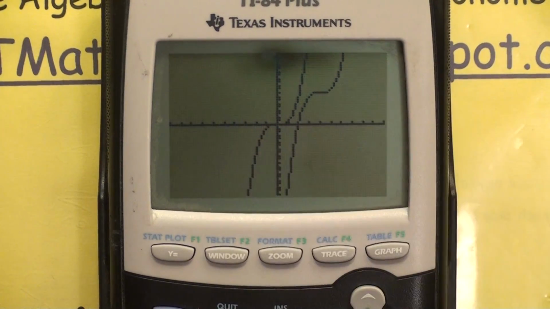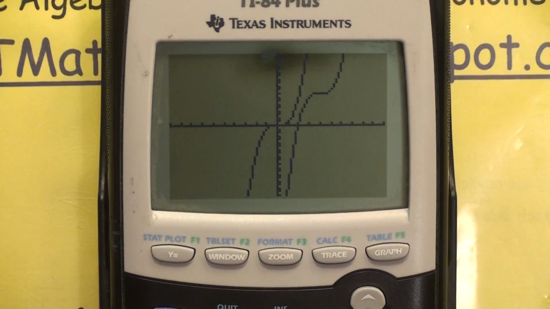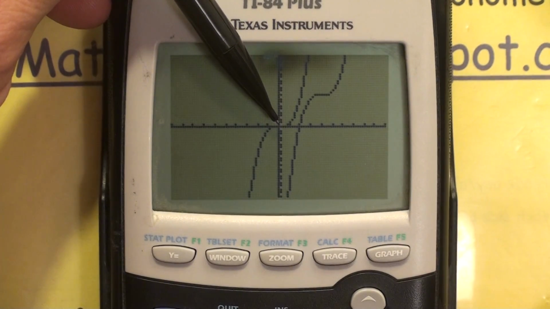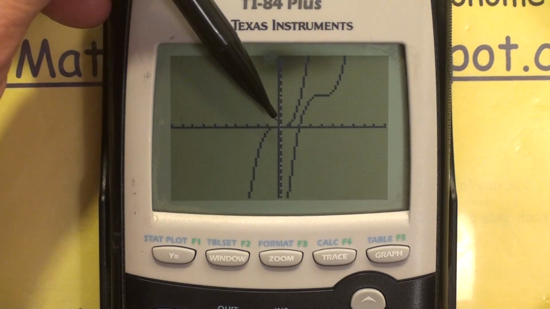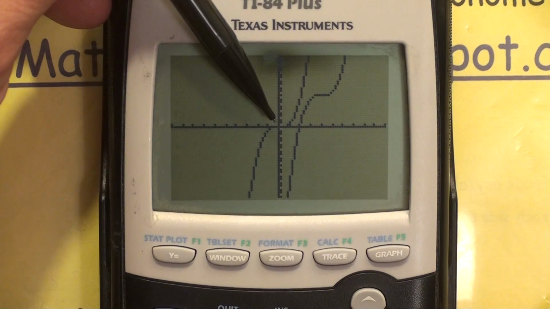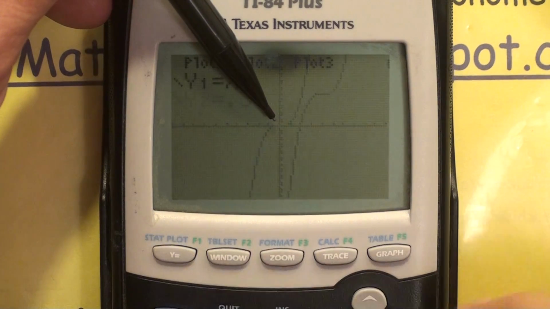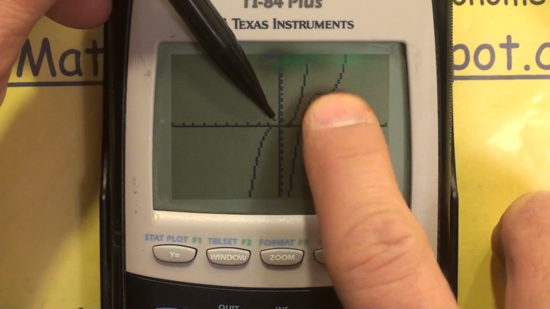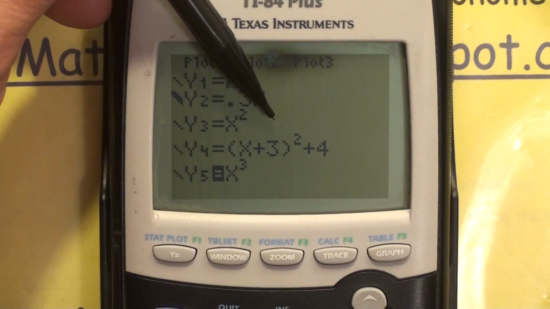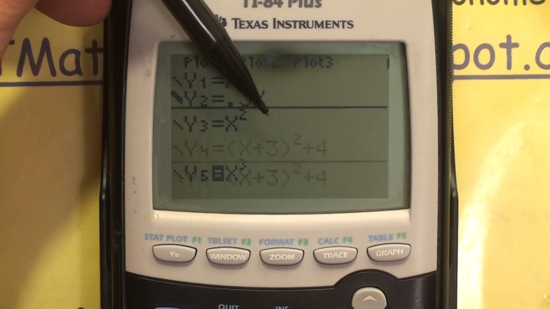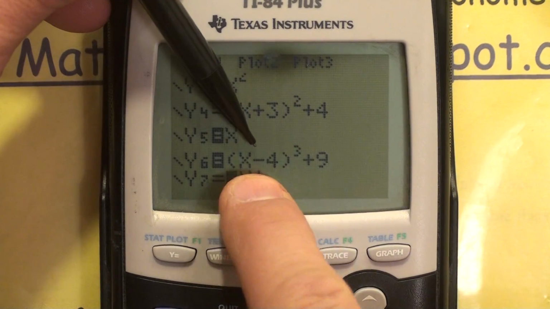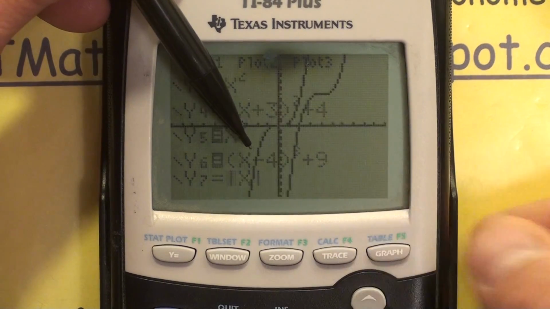Now, guys, by the way, this point here at the origin on the original graph is referred to as what's called a point of inflection. That point of inflection moved for the second graph. It moved where? To the right 4 and up 9. Is that right? That is right. It went to the right 4 and up 9. Why did that happen? Because